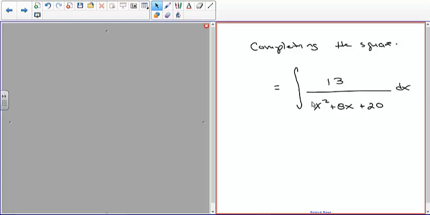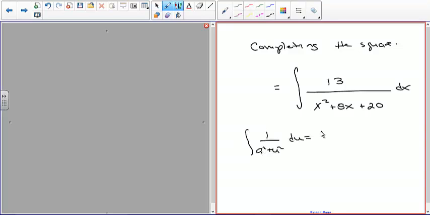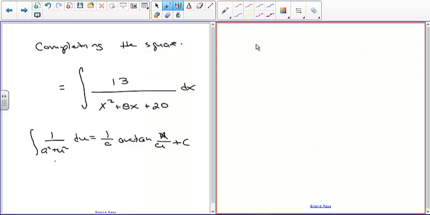So because there's no square root, it has to fit the arctangent form. What we're trying to do is fit it into this: the integral of 1 over a squared plus u squared du equals 1 over a times the arctangent of u over a. Okay, so that doesn't look like that. But if we complete the square on the denominator, so we take the denominator,